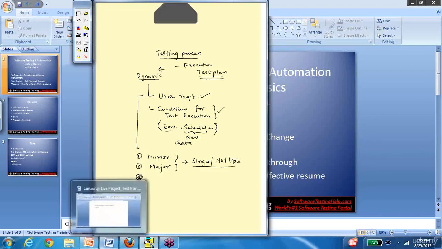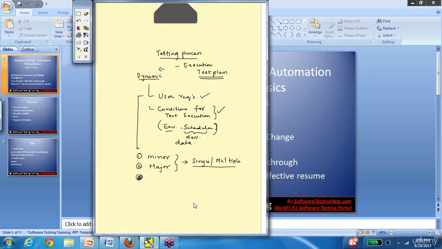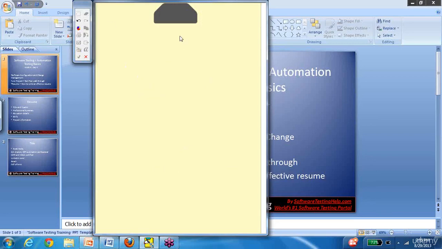To make sure that all these changes are tracked in a consistent manner, there is a process in place. There are actually three software processes in place for this, and they are software configuration management, change management, and version control.